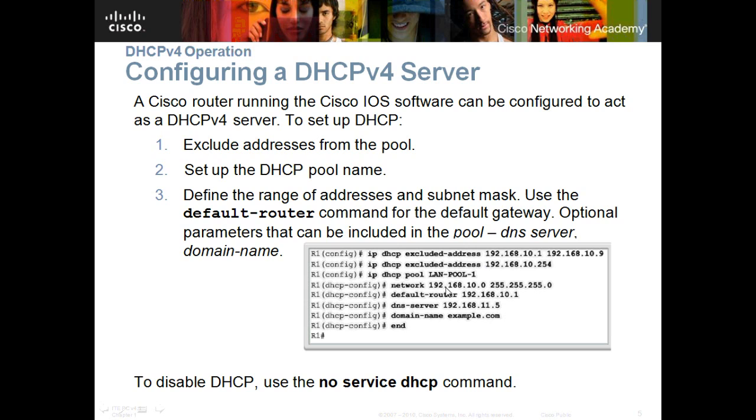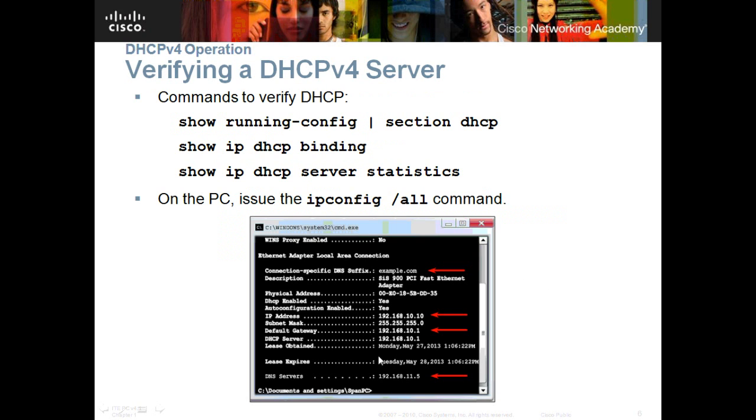And after that we define the default router as the default gateway for this network. Like in here we have default gateway 192.168.10.1. If we don't have any default router or default gateway, we don't need to configure this. And the other optional is we can also configure the DNS server, like in here 192.168.11.5. But it's optional. If we don't have, we don't need to configure this, and also the domain name and the other configuration.